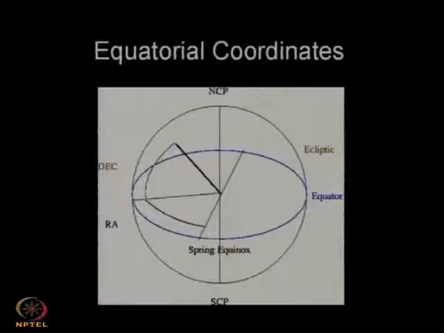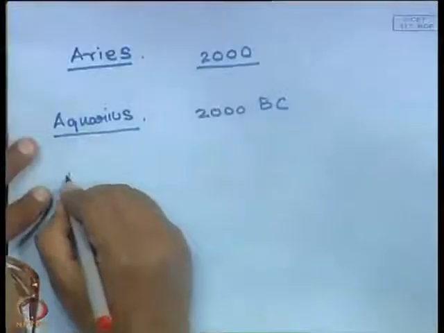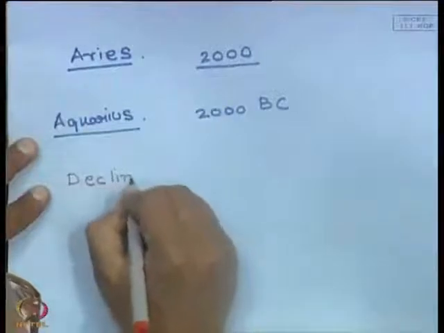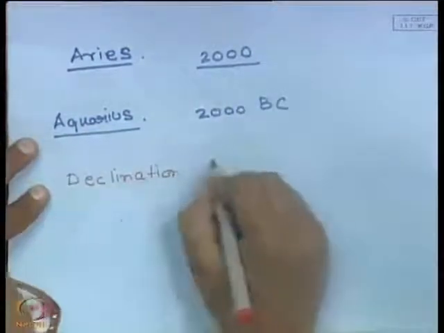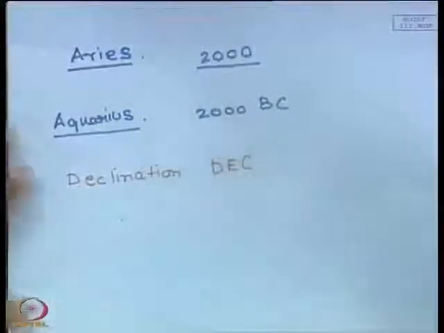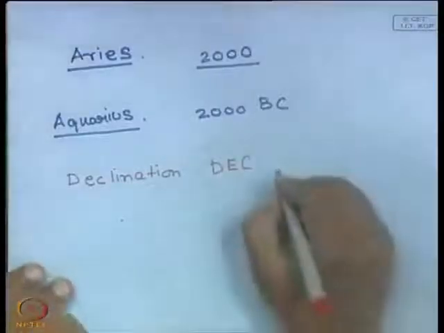The equatorial plane corresponds to 0, and if you are looking at a star which is in the northern hemisphere, then you give it a positive angle. If it is below the equator, you give it a negative angle. This angle is called the declination, dec. It is the angle that a star or a position on the sky makes with the equatorial plane, and this is measured in degrees,